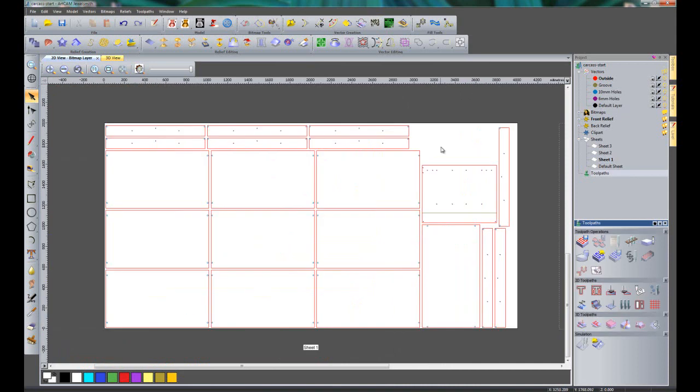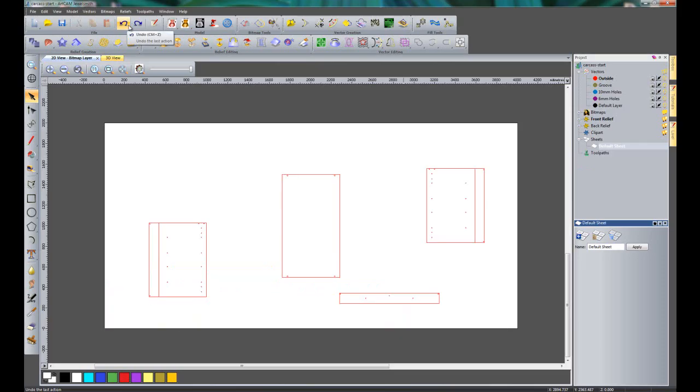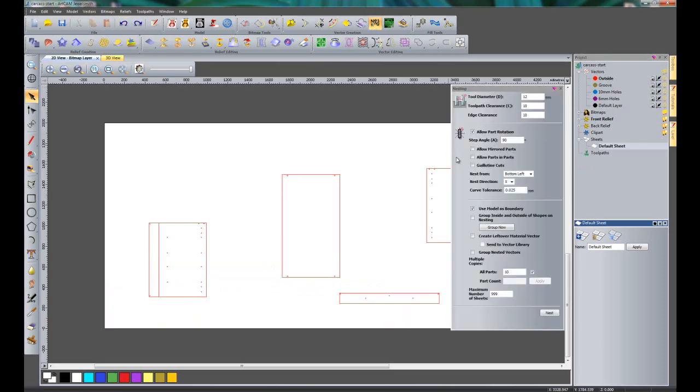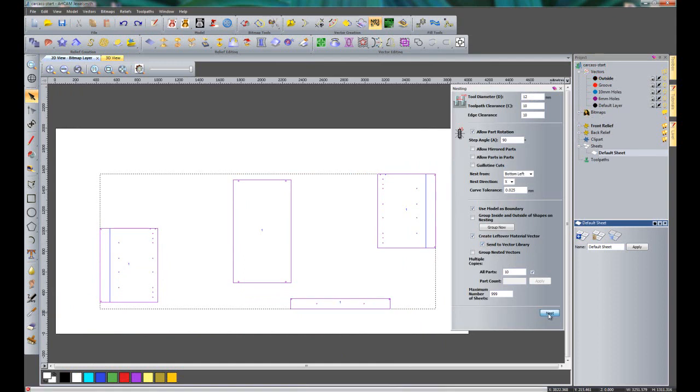So what I'm going to do now is just show you this sheet number 3. You can see that I've got lots of waste material here, and I could use this sheet again if I wish to. So what I'm going to do is undo the nesting, open up my nesting again, and I'm going to select all of those. This time I'm going to create a leftover material vector, and I'm going to send it to the vector library. So if I click Nest